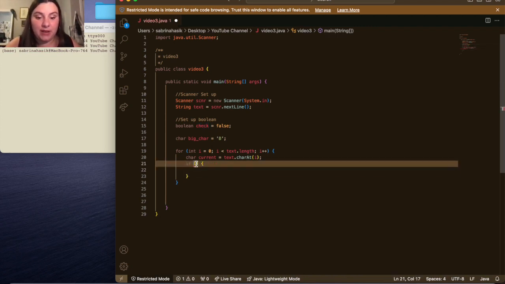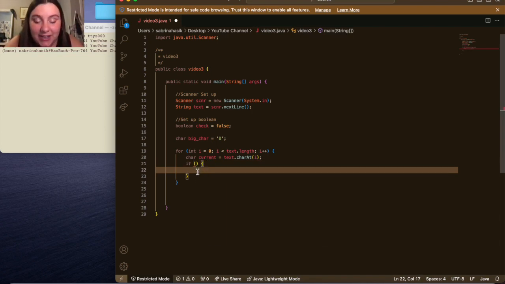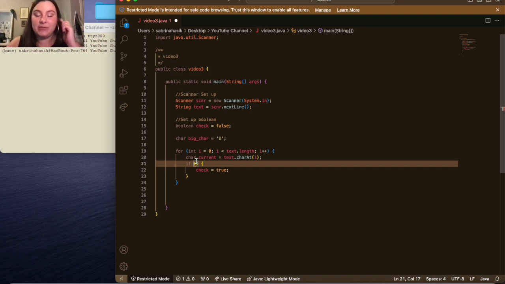Now I'm not gonna do this just yet, but if we find the character capital B that we're looking for, we're gonna reassign our boolean to be true. Because remember, we initialized it to be false, and now we're gonna reassign it to be true. But the question is, how do we check? How do we compare equality for characters? And the way we're gonna do that is we're gonna say,